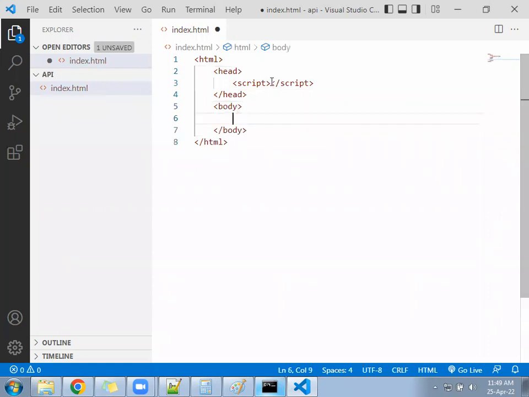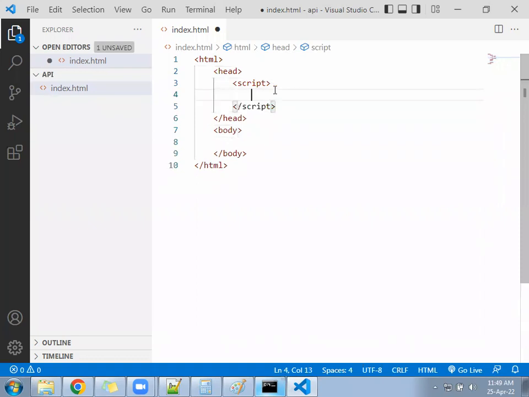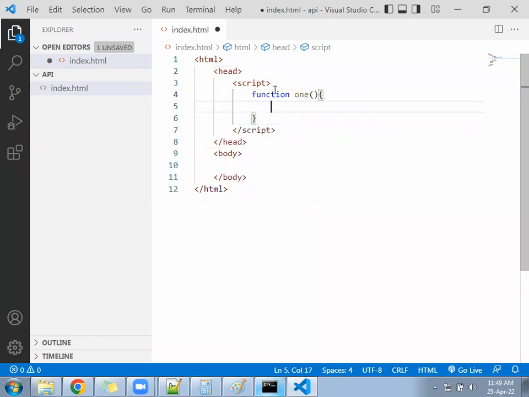Now under the JavaScript, we will write a function. Function 1. Keep an alert here. Okay. Next, after that,